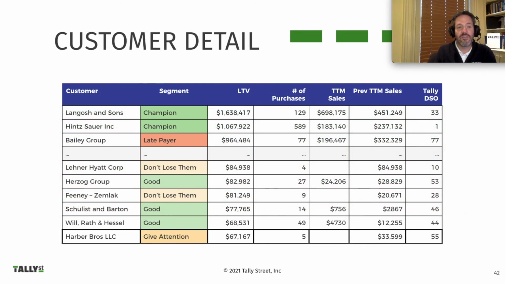Then we can also go in and look at each individual customer and the segment they're in, their lifetime value, their purchases, their sales, etc. This is just a snapshot of 35 to 40 different characteristics that are available at the individual customer level. You can imagine sitting down with sales and marketing working on personas or profiles of champions, and then focusing their marketing and sales efforts on acquiring more champions while trying to avoid, for example, the hibernating customers.